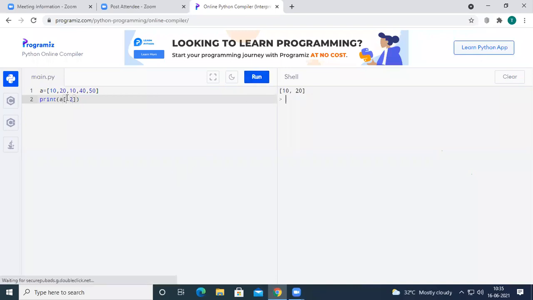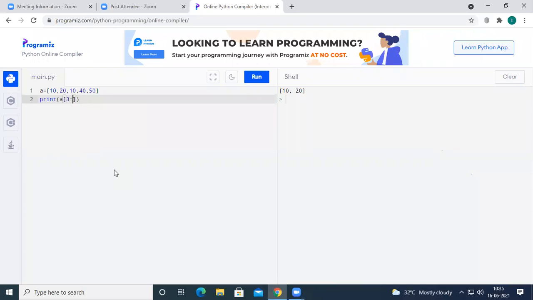So if we leave it empty, the Python compiler will consider it as 0. So it will print the value at index 0 and the value at index 1. At the same time, if you maintain some index here and don't maintain anything at the end, it will be considered as n-1.